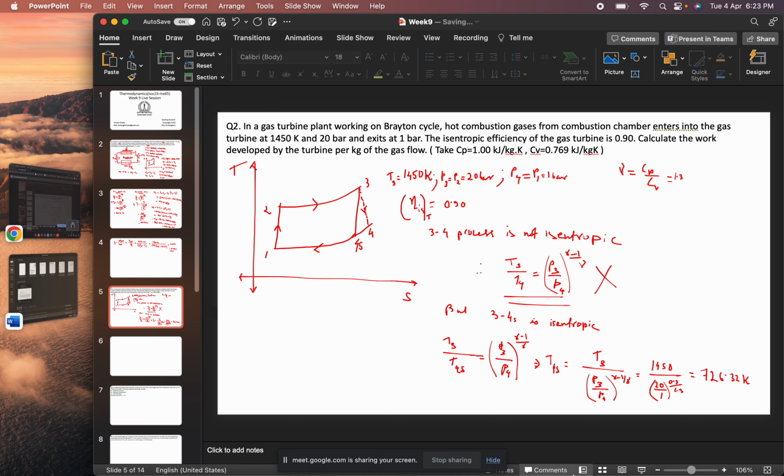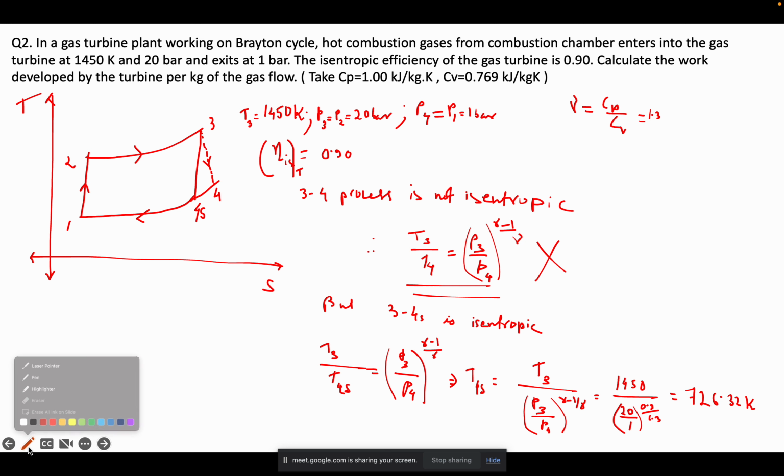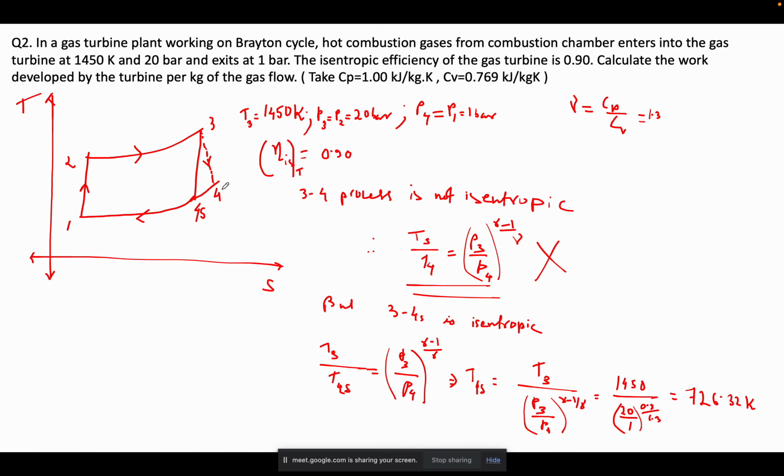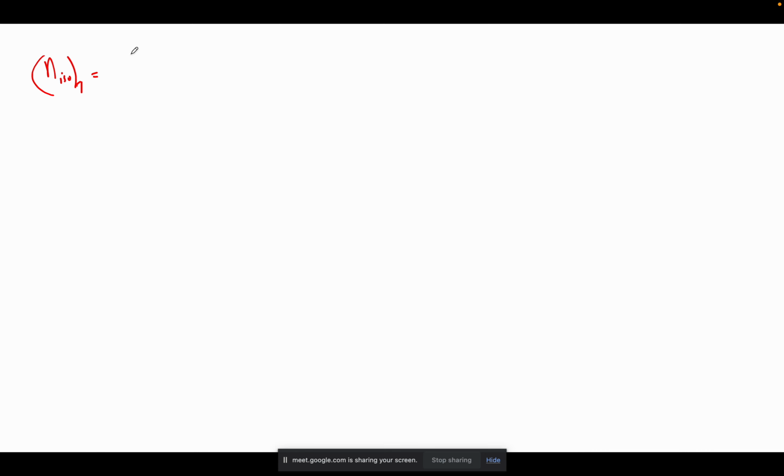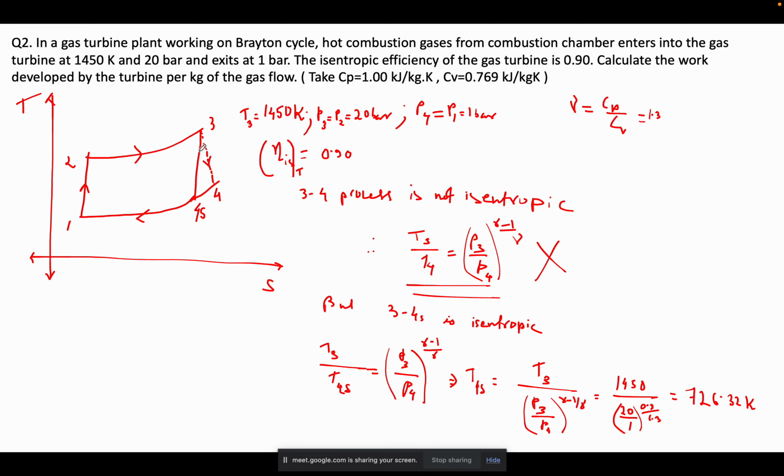Now, eta isentropic for the turbine is what? H3 minus H4 divided by H3 minus H4s. Have you understood now? That means if out of this total entropy conversion from 3 to 4s, only 90% has